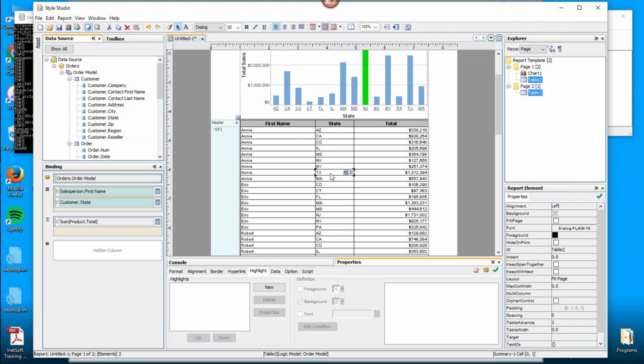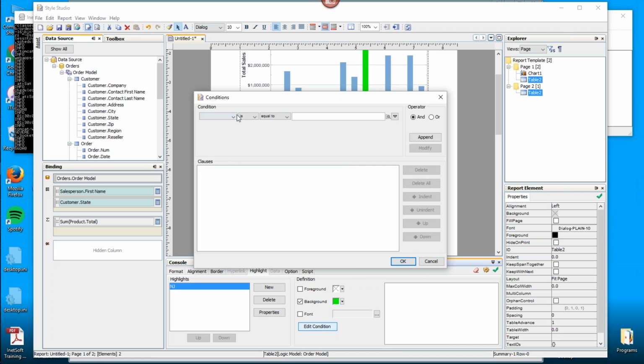If I only wanted the highlight to apply to a particular cell, like over here or over here, then I would just select the cell. But here I'll select the row, and then proceed with the highlight, just like I was doing. Sorry for the digression. And I'll set a background color of green for the row.